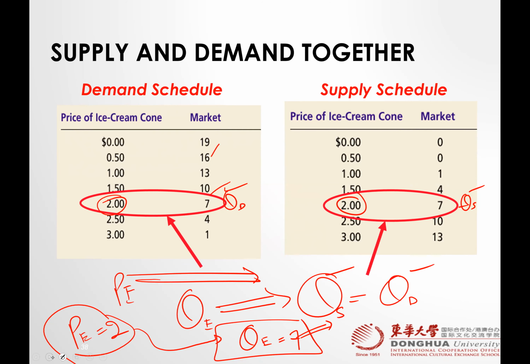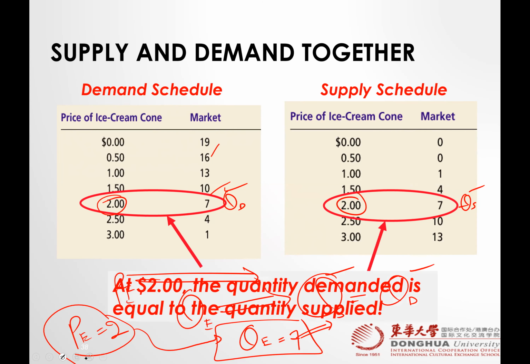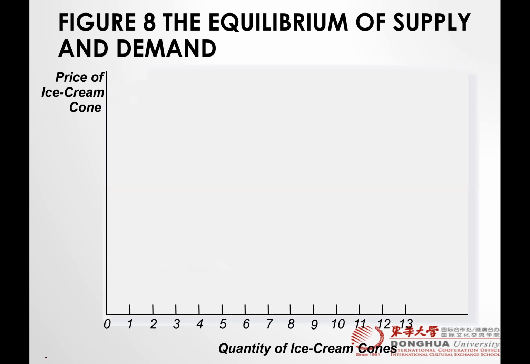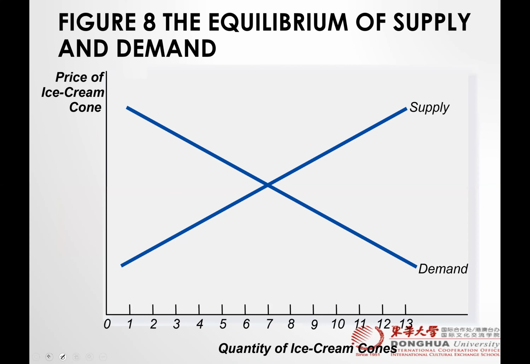So how can we place these on a graph? Let's just read that. At 2, the quantity demanded is equal to quantity supplied, right? We already explained that. So on a graph, how can we draw this? First, draw supply curve. And supply curve, you notice it is upward sloping, right? And now demand curve. Demand curve